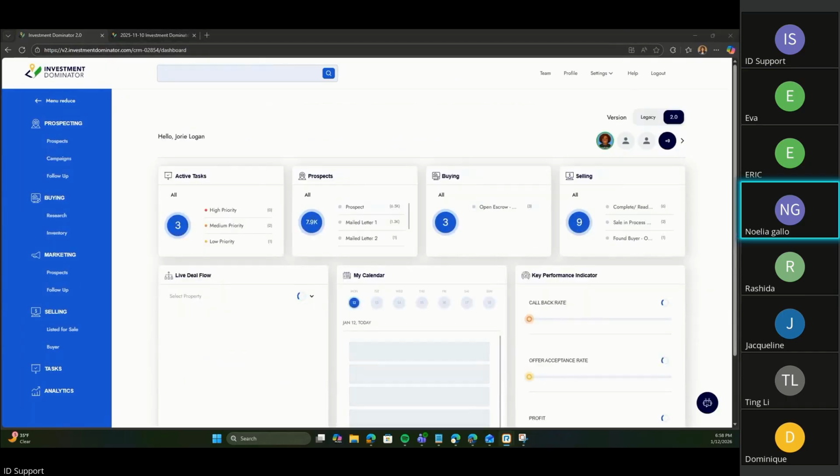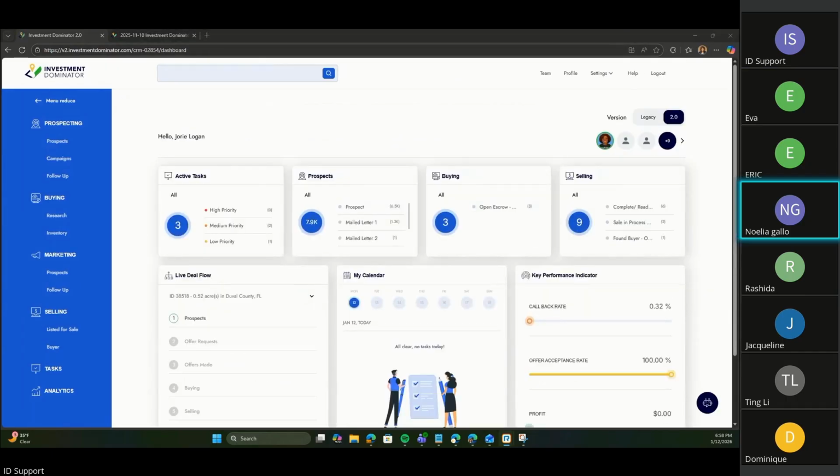One last thing. The LLC, do I need to have it already before starting this to sell? No, you don't have to have it to get started. It's really up to you. You can get started as an individual and then add your LLC later. The beauty of all this information is you can change it at any time.